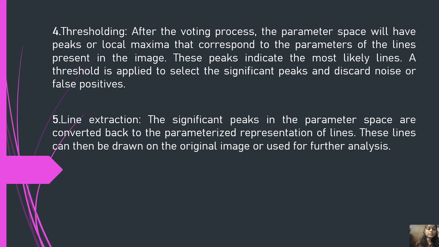The last one is line extraction. The significant peaks in the parameter space are converted back to the parameterized representation of lines. These lines can then be drawn on the original image or used for further analysis. So first we saw the introduction, next is the algorithm. In the algorithm there are 5 steps included, which we saw in the last 2 slides. Let's move to the